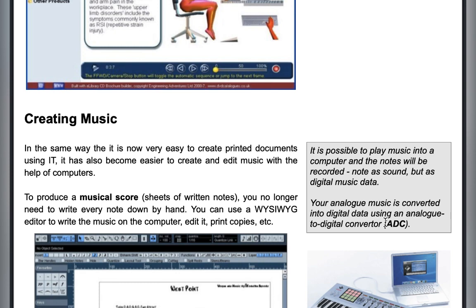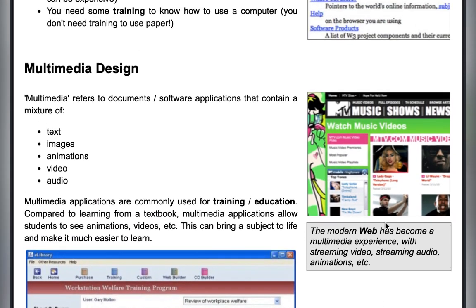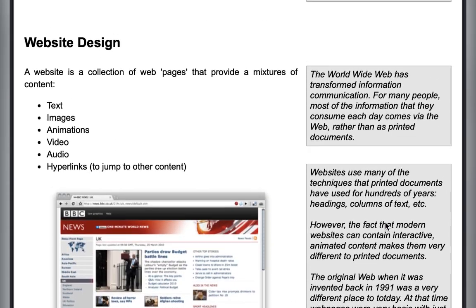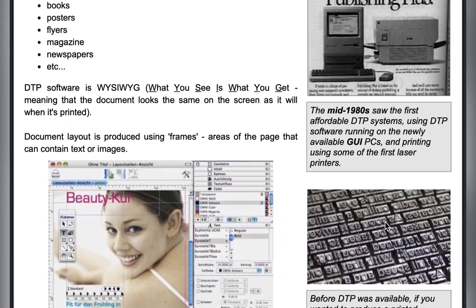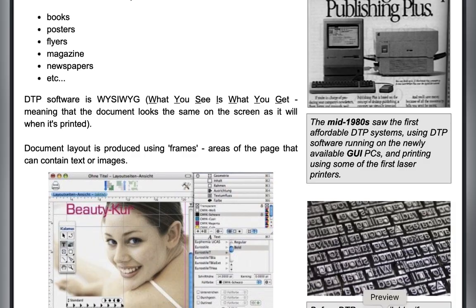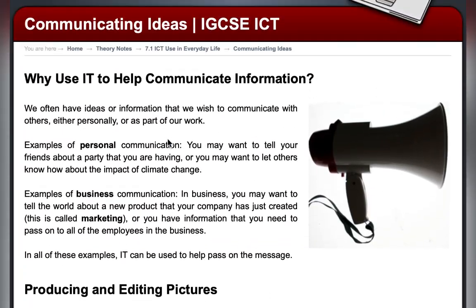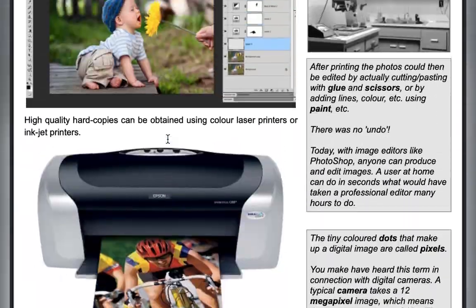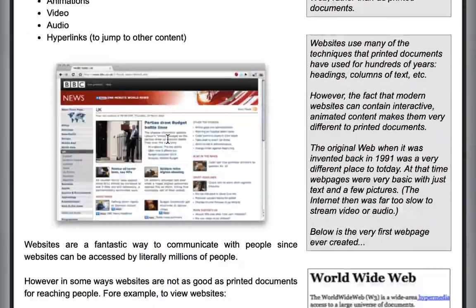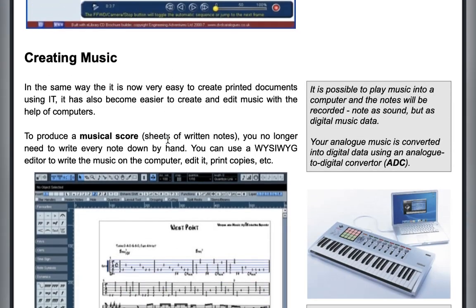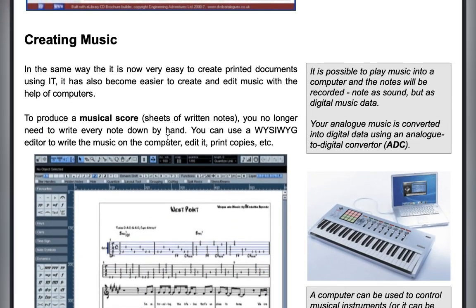So you can see how ICT has helped us to create multimedia designs, create websites, do desktop publishing and printing, and produce and edit pictures. The usefulness of ICT or IT is overwhelming.